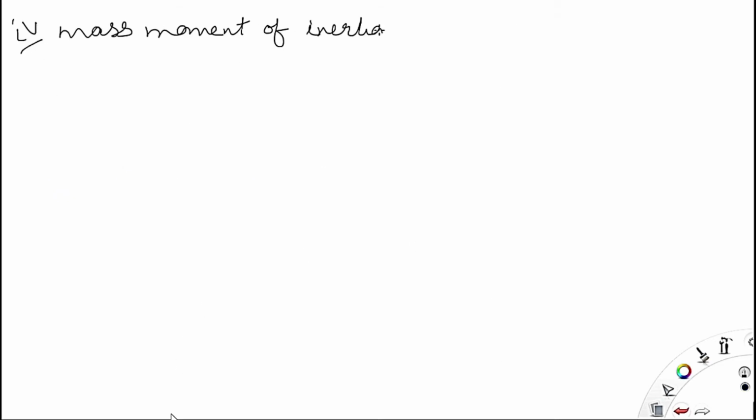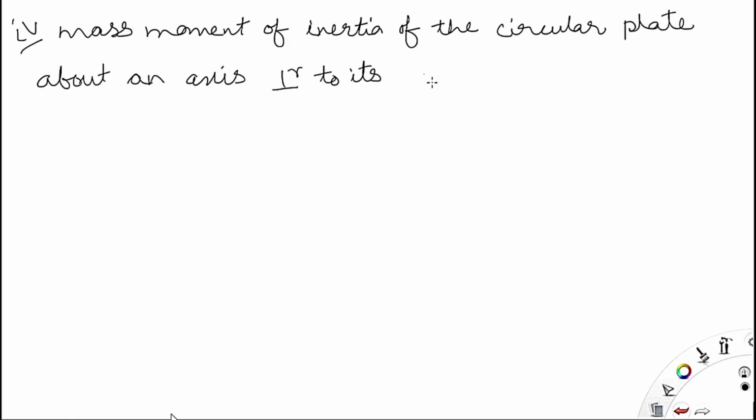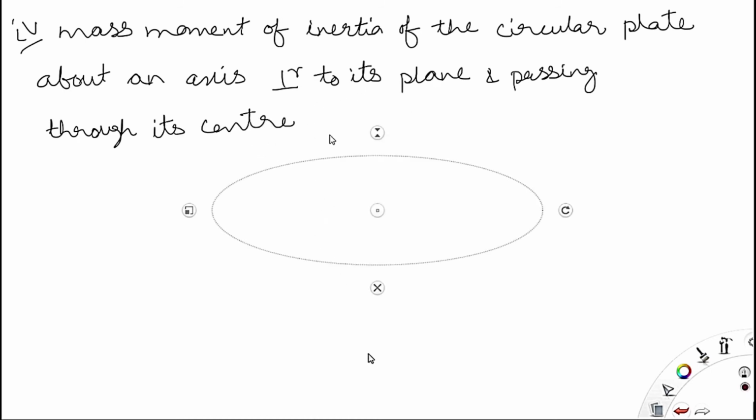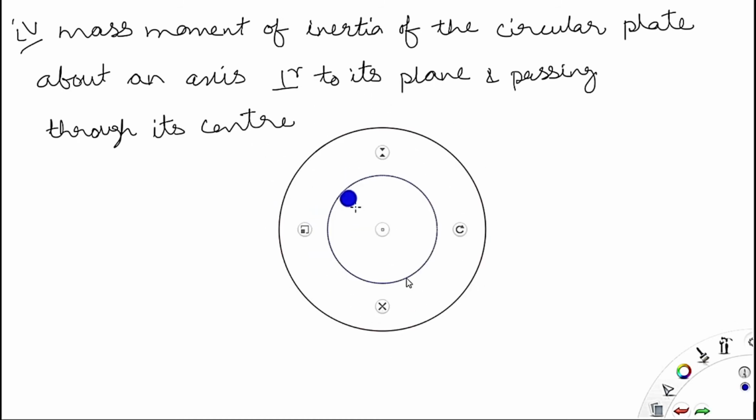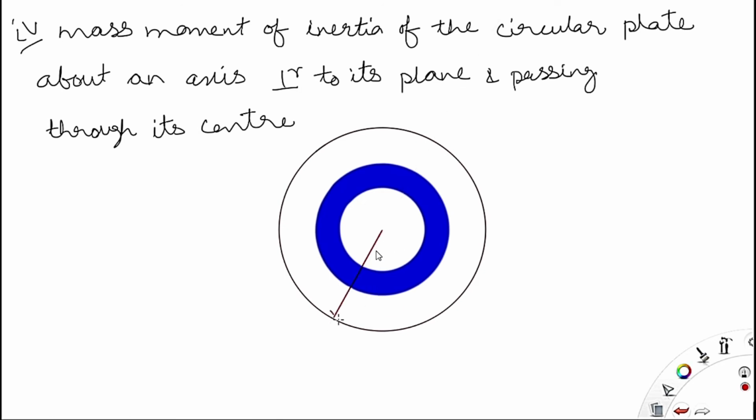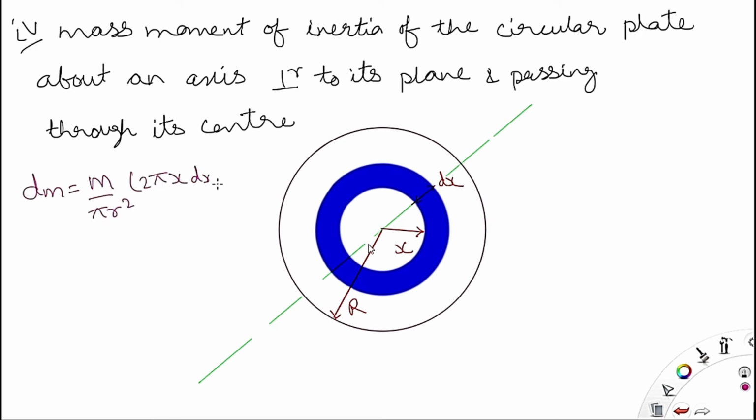Now circular plate. The circular plate has the axis of rotation perpendicular to its plane and passing through the center. So once again, the axis of rotation is the same as that of the circular ring: perpendicular to the plane and passing through the center. Here also, elemental area is 2 pi x dx. So then we integrate it